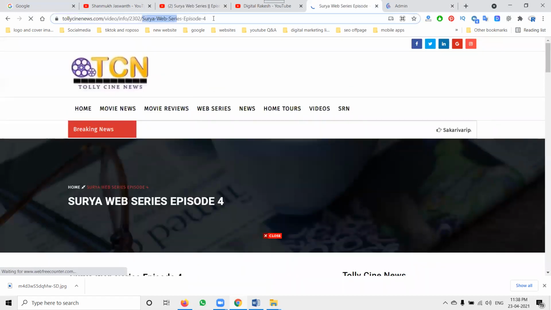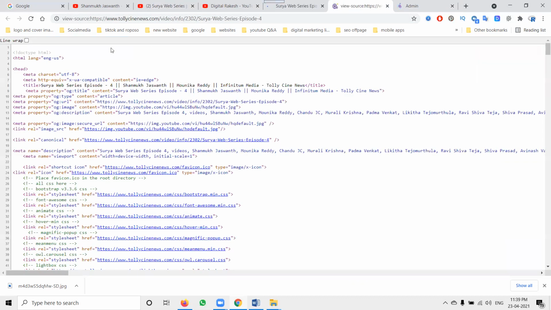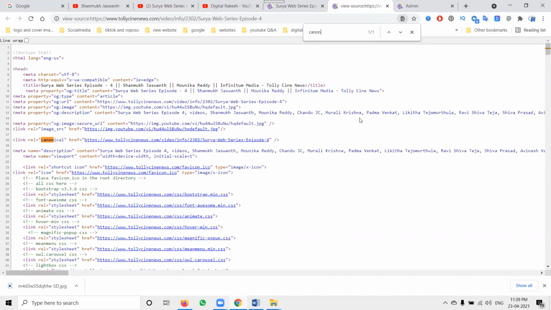First of all, this will be user friendly. Press Ctrl+U to check. Whatever title you mention here, everything is ready. Next, a proper description will be here, that is your cast and crew, everything will be here. The major thing you are focusing on is the H1 tag. After this, you are focusing on the canonical URL. This is compulsory to mention on your website when using dynamic pages.